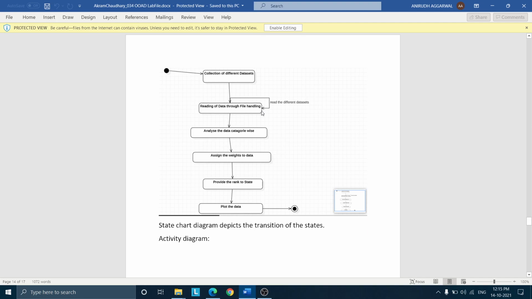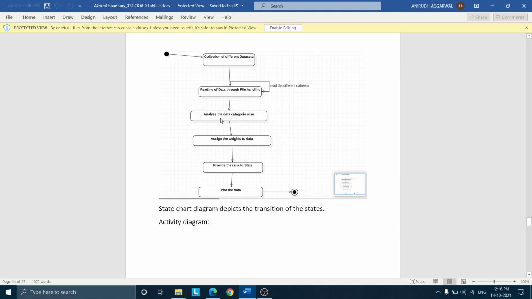This self transition shows that we have many different types of data sets, and we have to read all of them. Then the state reading of data through file handling: at this state we will read the data through file handling. Then this state analyzes the data category wise.